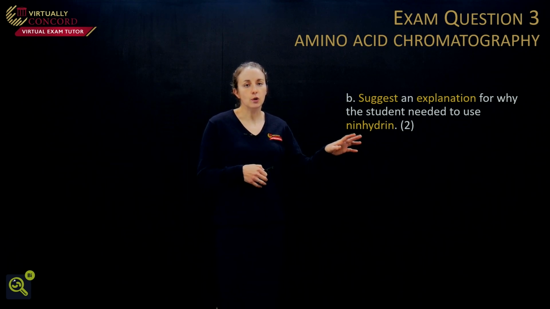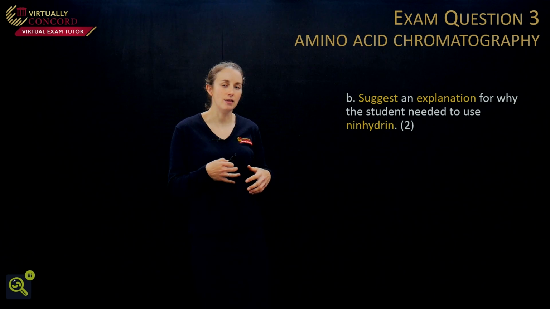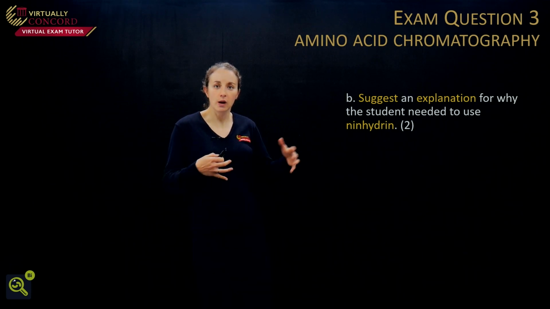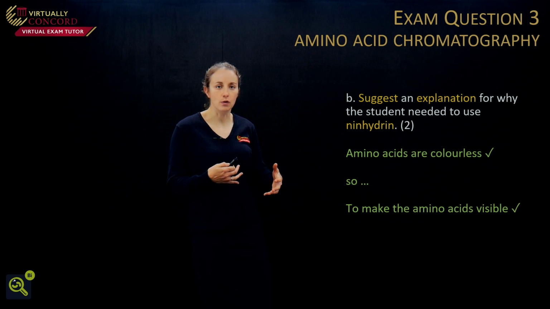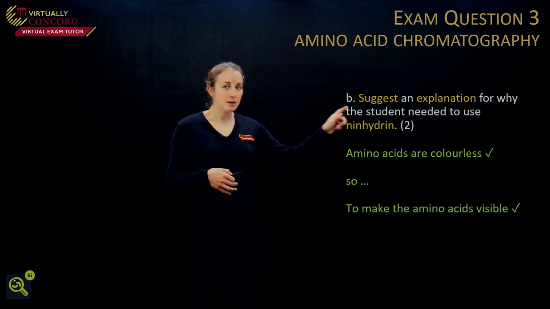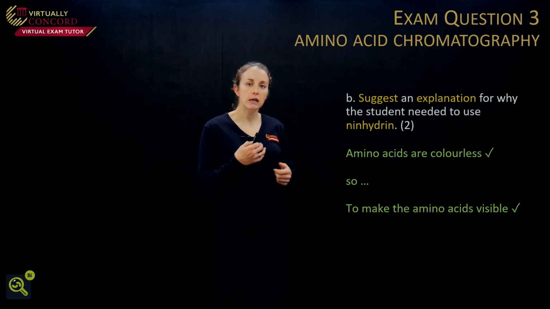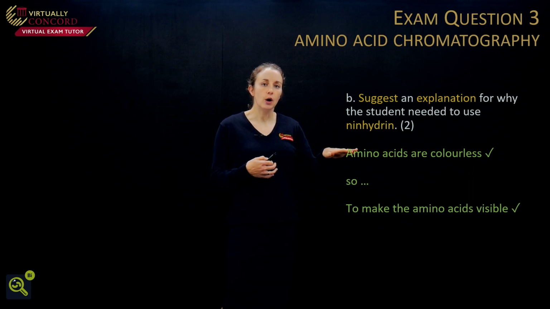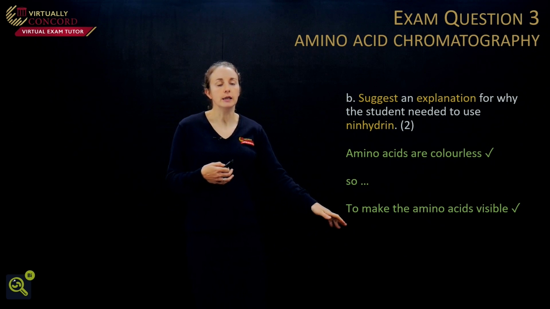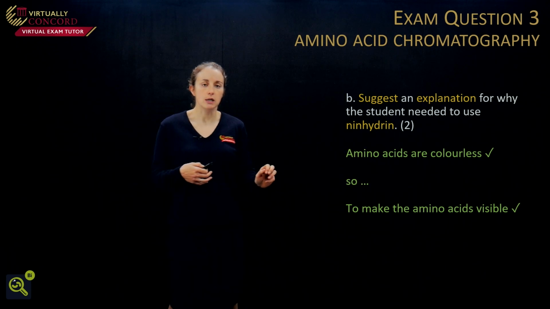And in this case, they've given you quite a lot of clues in the question. They've talked about an anhydrin being added and then the dots turning purple. So it's basically we're trying to visualise our dots because they were colourless before. And there's 2 marks on this because it said explanation. Whenever there's an explanation or explain in the question, that means you really need to explain fully. So here we've got amino acids are colourless, so we need to make them visible. So this could be a 1 mark question or possibly a 2 if they're being generous,